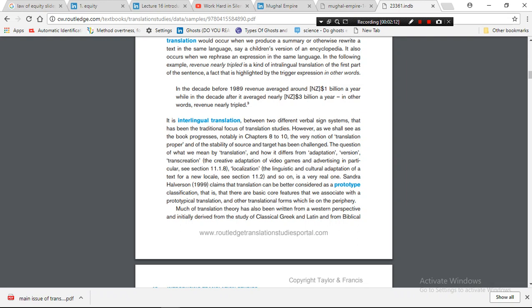classification, there are basic core features that are associated with a prototypical translation, and other translations lie on the periphery. Much of translation theory has also been written from a Western perspective, initially derived from the study of classical Greek and Latin and Bible translation